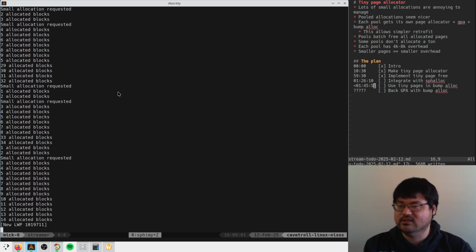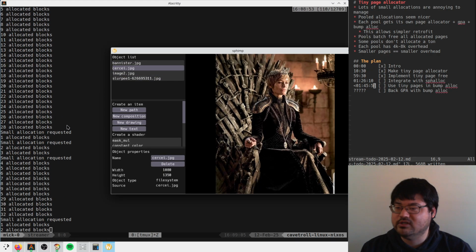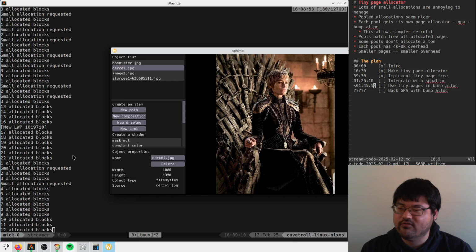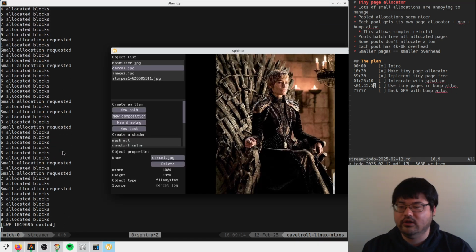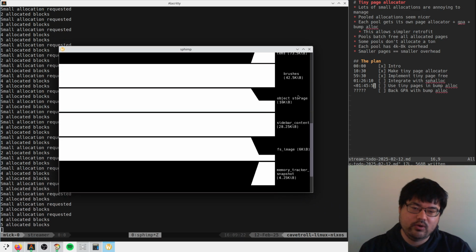Okay, so we do see that the number of allocated blocks has dropped now. We were seeing stuff in the 60s before, and now we're seeing it stay relatively small. One of these guys is getting a little large, right? He has like 30 of them. But it's really not the end of the world. Okay, cool. So I suspect that the general overhead of these things is still relatively high, because